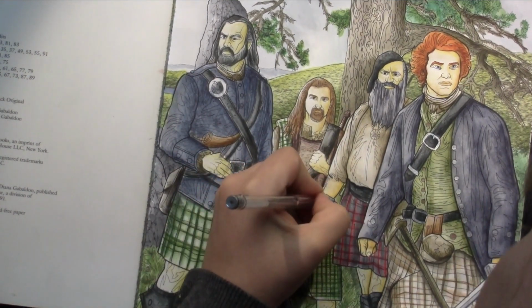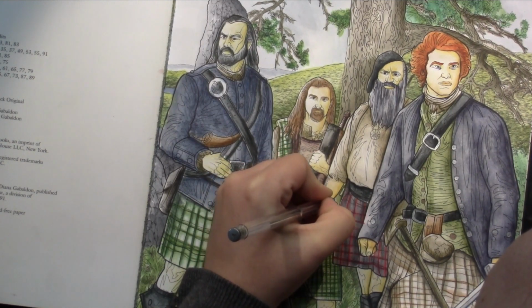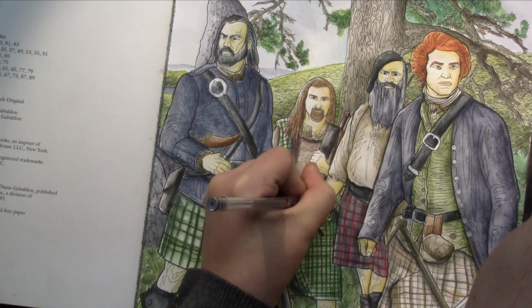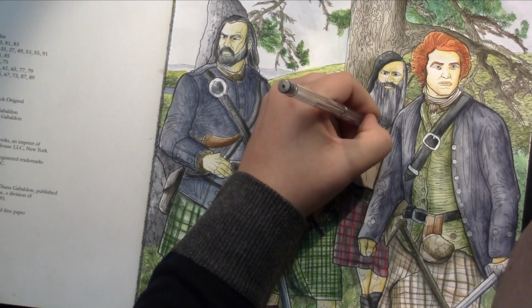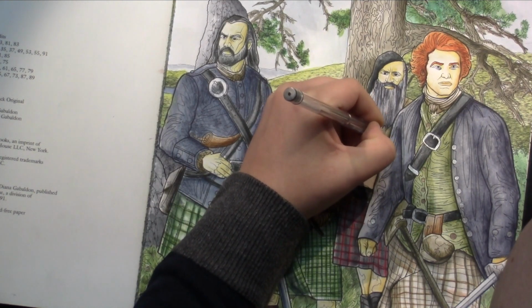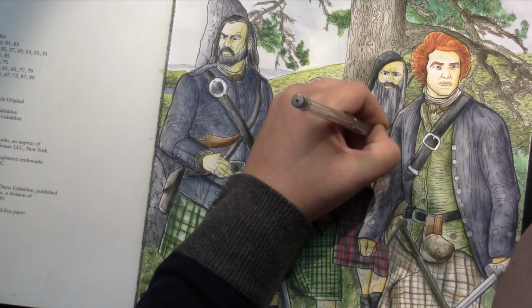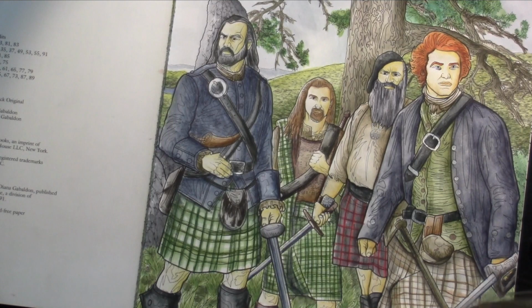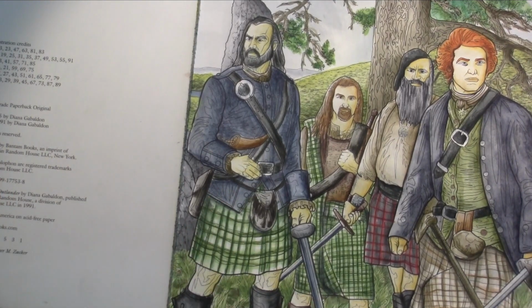He has that silvery thing here, and also here. Does he have anything else? No, not really. So